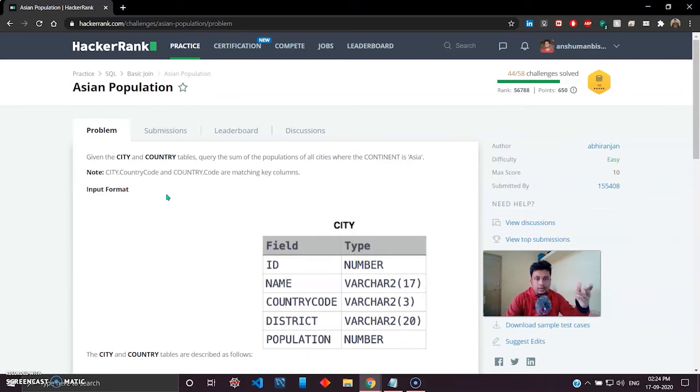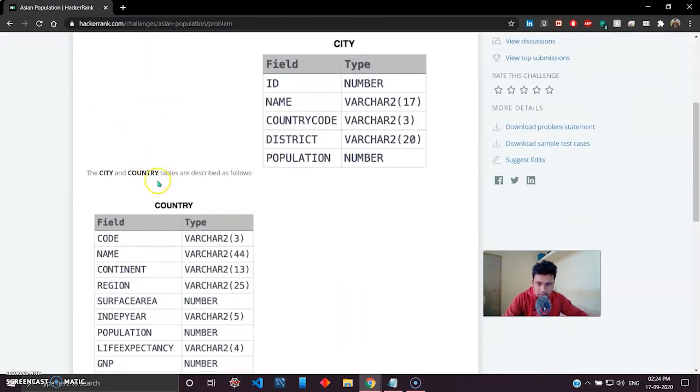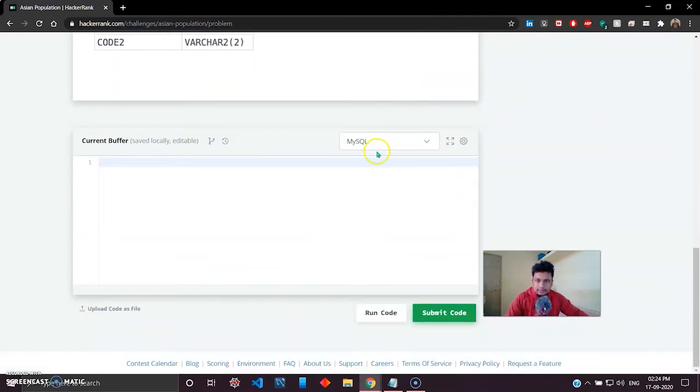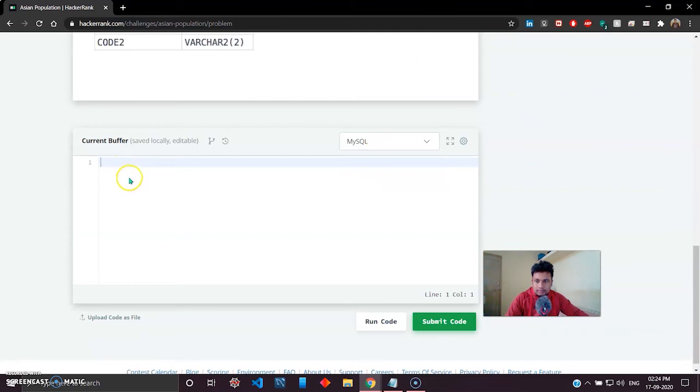So you have to use the keyword known as join, and let's just try this with MySQL and see how it goes. Okay, so your statement will go something like select sum of the cities because you need the sum, and in the table city I need the population. So I'll use the table name first and then use the dot operator to access the column name.